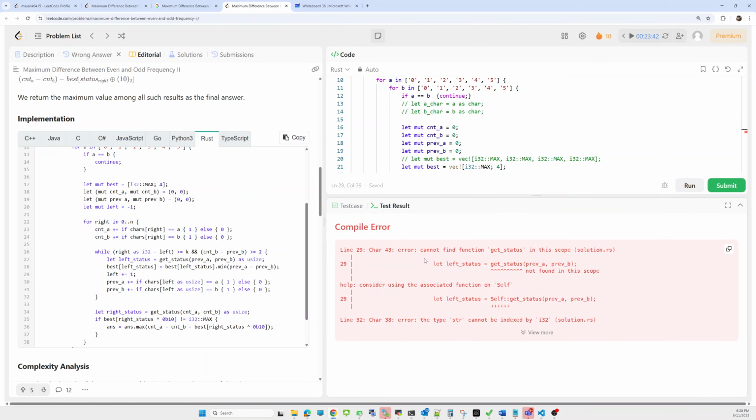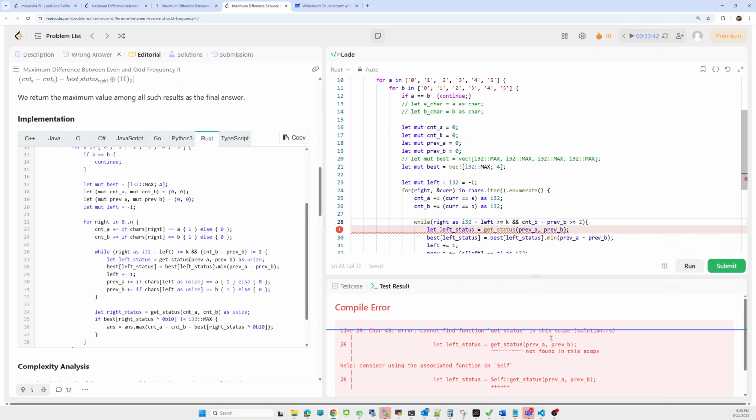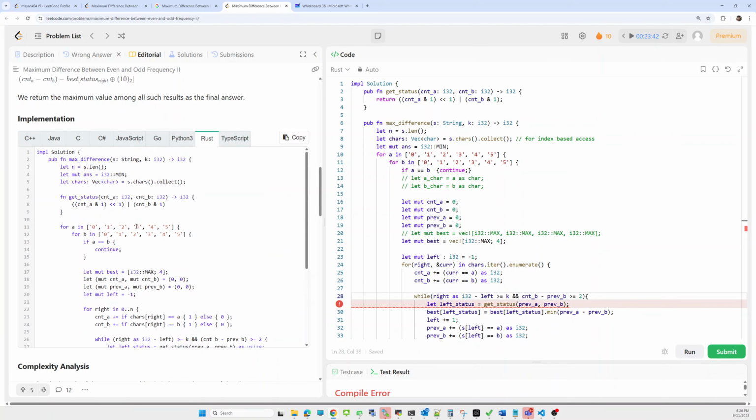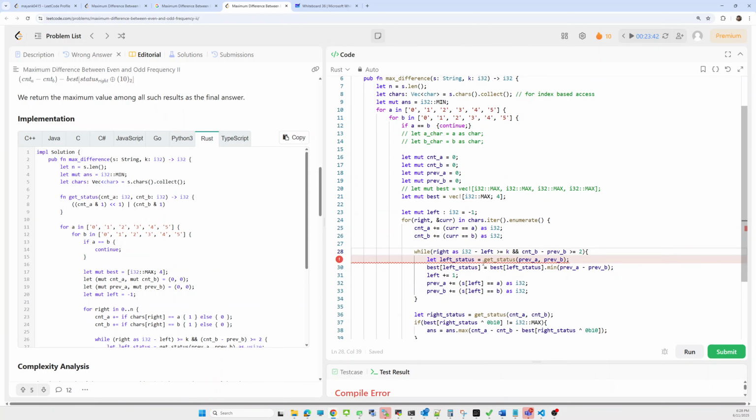Get status error, cannot function, get status. Okay, because it is of itself, whole, or they are holding self kind of.